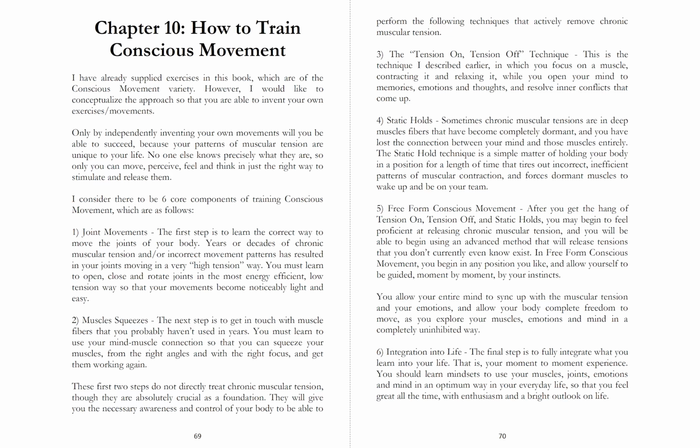Chapter 10, How to Train Conscious Movement. I have already supplied exercises in this book which are of the conscious movement variety. However, I would like to conceptualize the approach so that you are able to invent your own exercises, movements. Only by independently inventing your own movements will you be able to succeed, because your patterns of muscular tension are